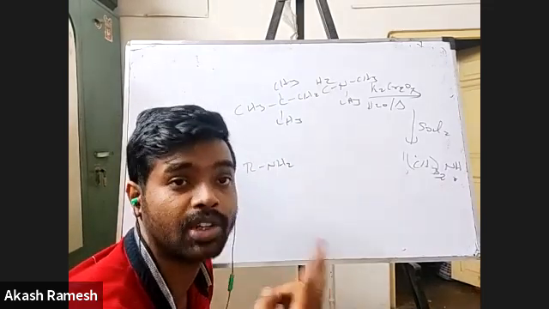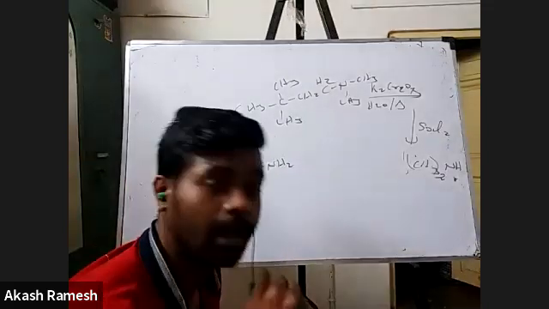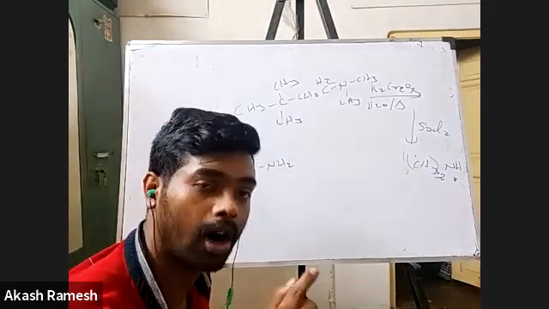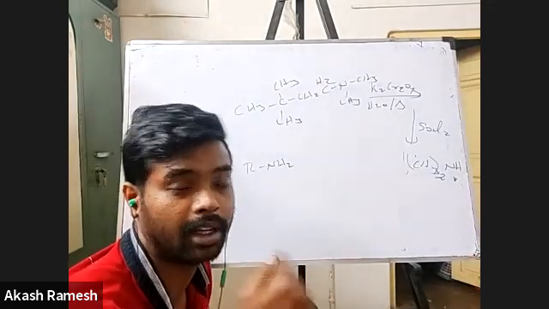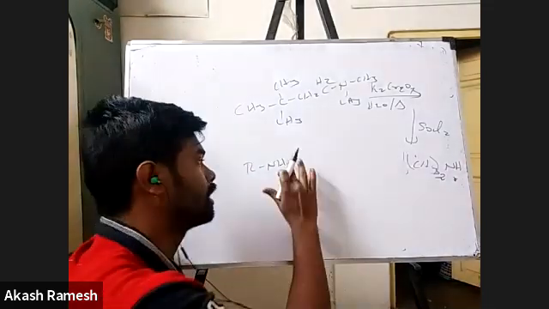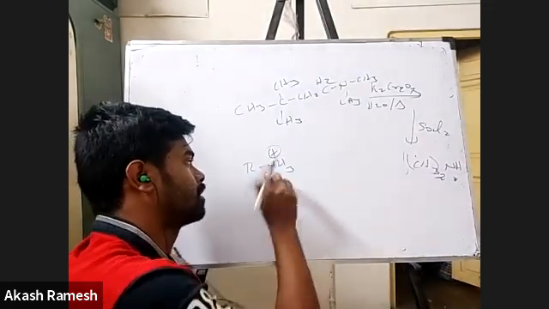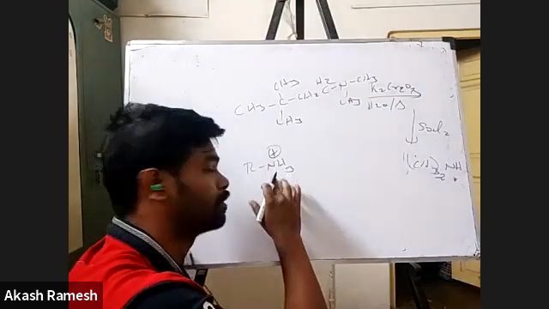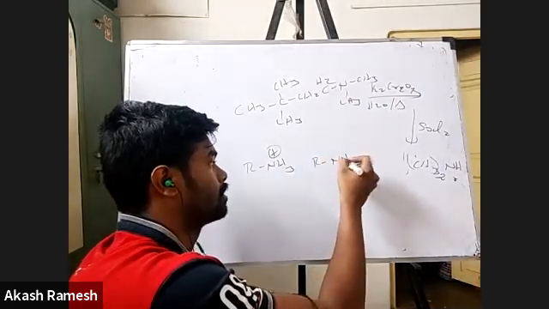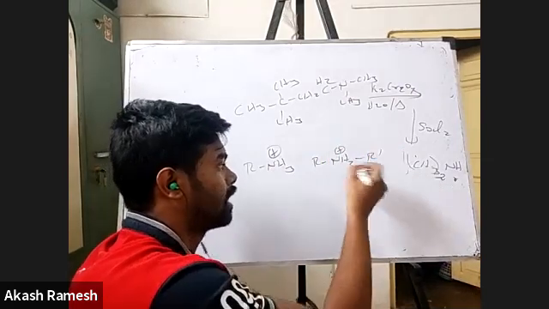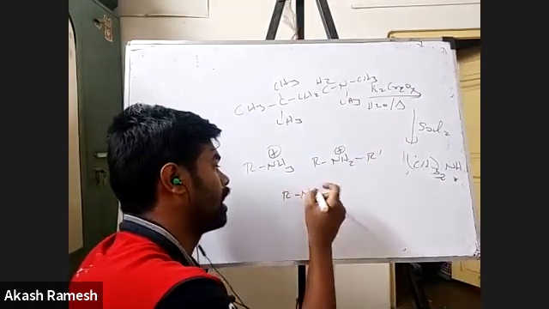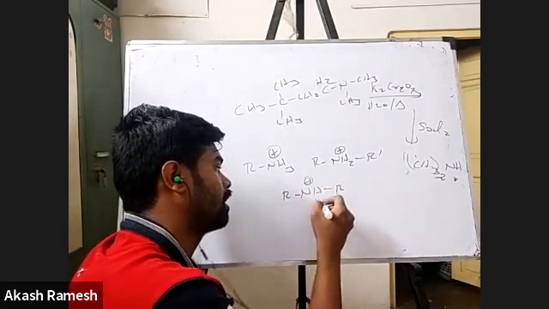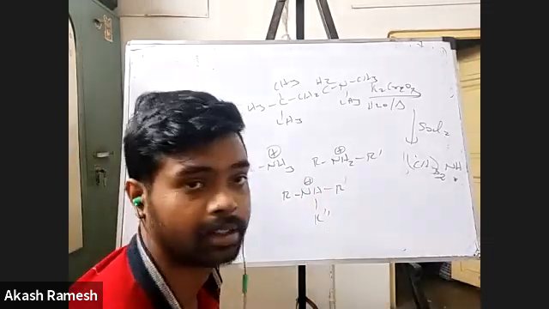There are two ways of looking at the conjugate acid. One is after removing OH minus, whatever is remaining is the conjugate acid, or after adding H plus, whatever is remaining is my conjugate acid, right? There is no case where I can remove OH minus, so I can only add H plus. So I have RNH3 plus as the conjugate acid for primary amine, R2NH2 plus for secondary, and R3NH plus for tertiary.